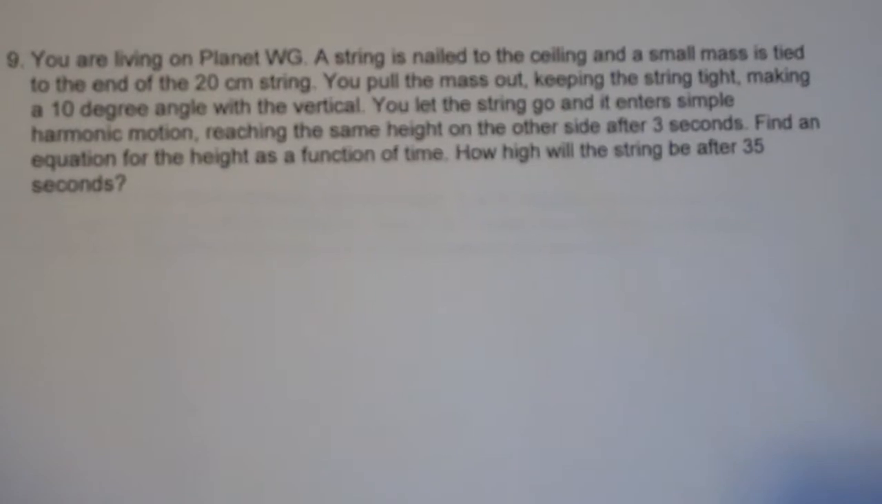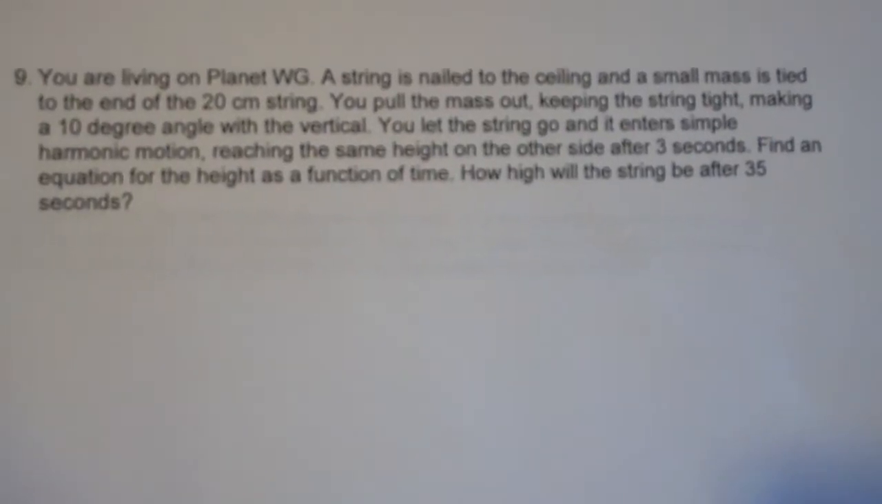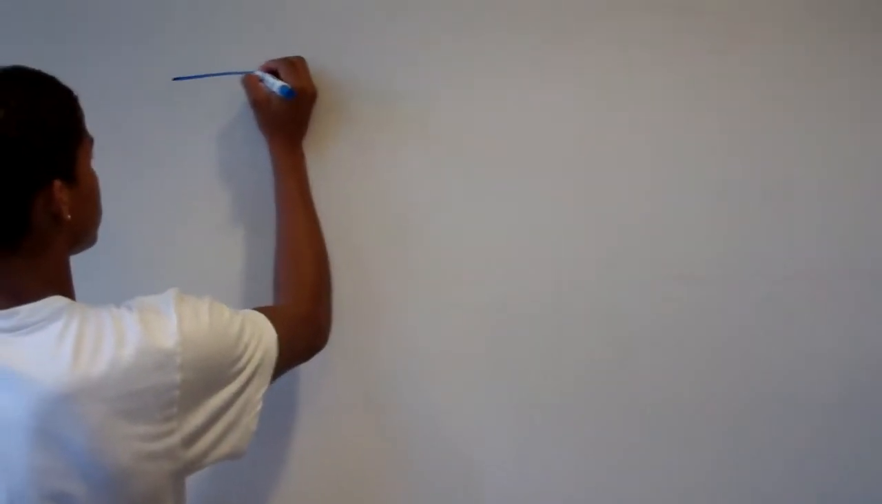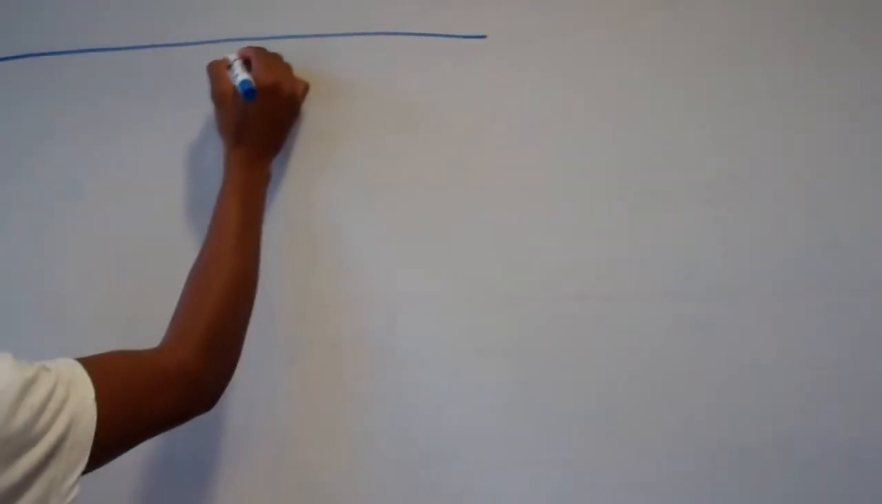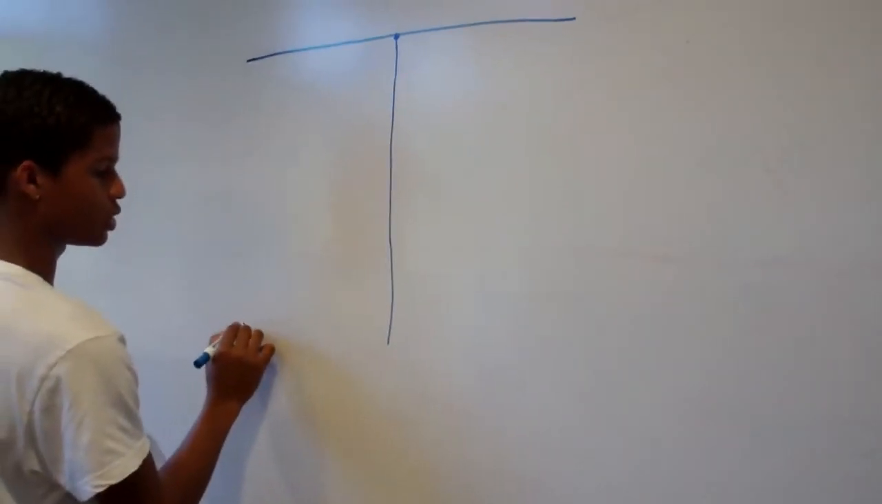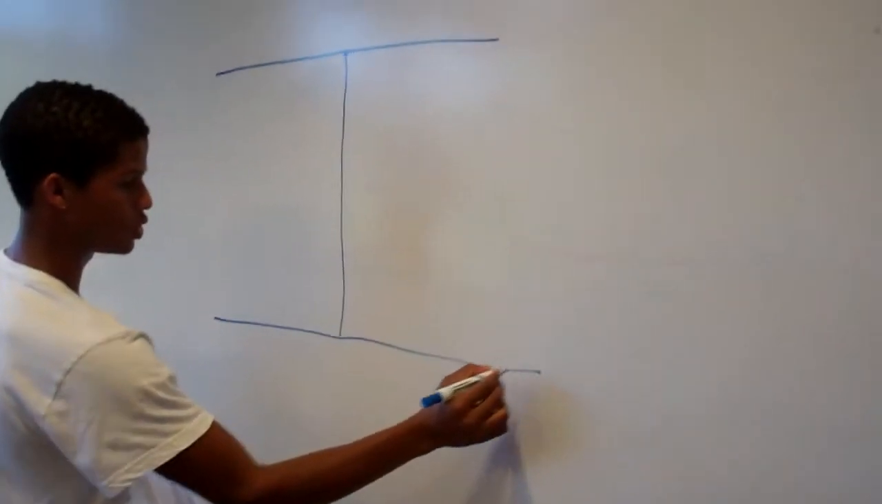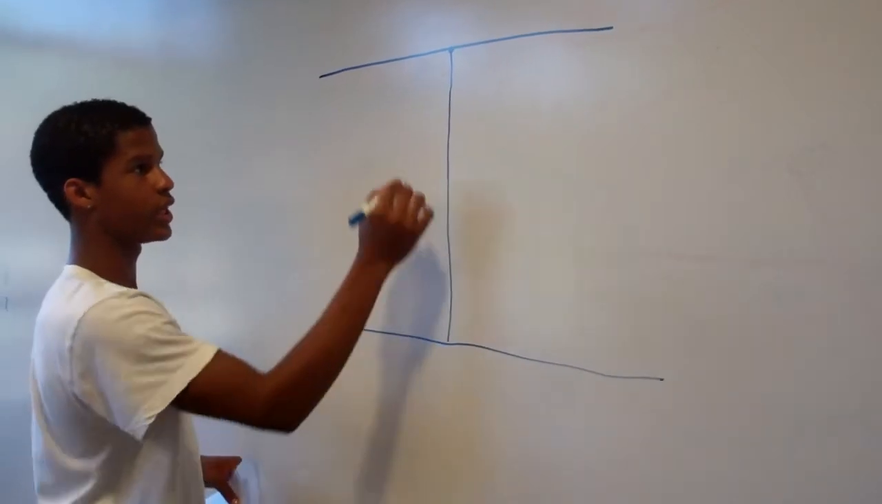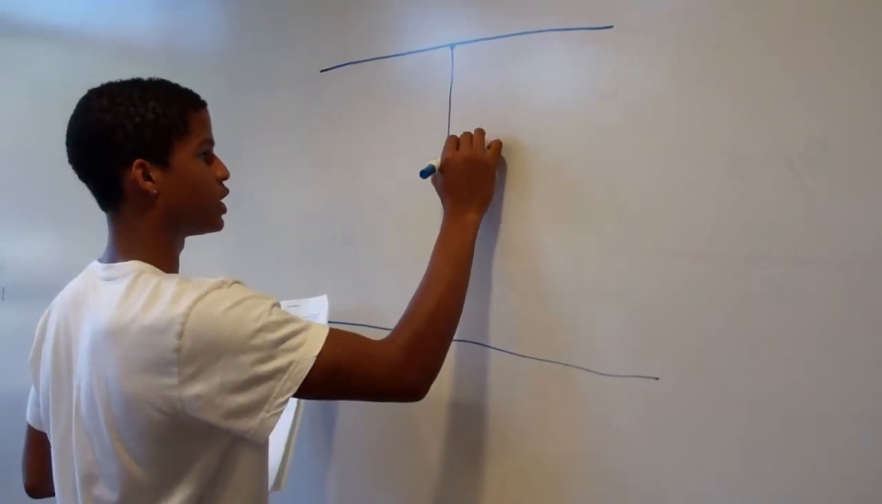How high will the string be after 35 seconds? The most important thing is defining height equals 0 to be where the string is when it's hanging straight down. Alright, so this is our ceiling right here, and we have a string, so this would be like the floor, so it hangs 20 centimeters,